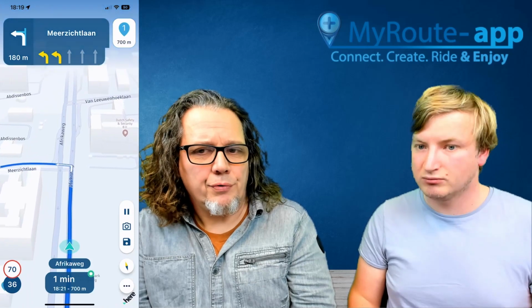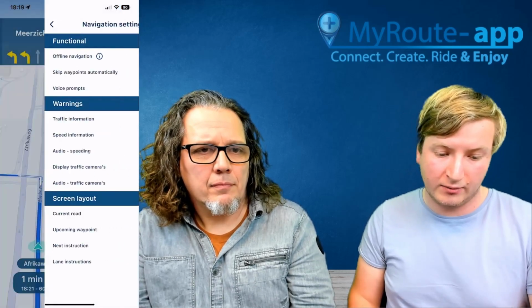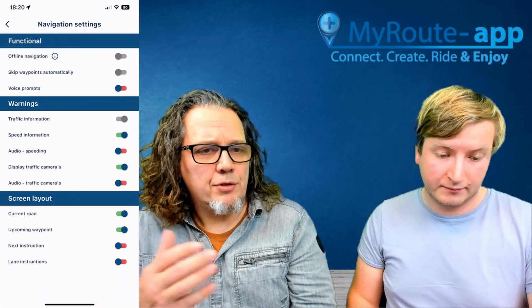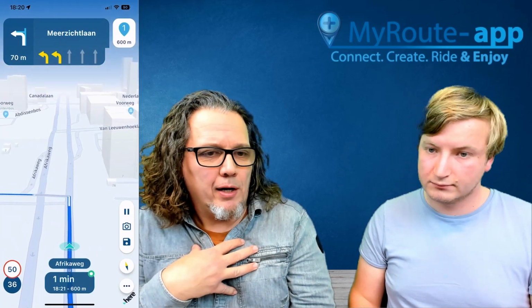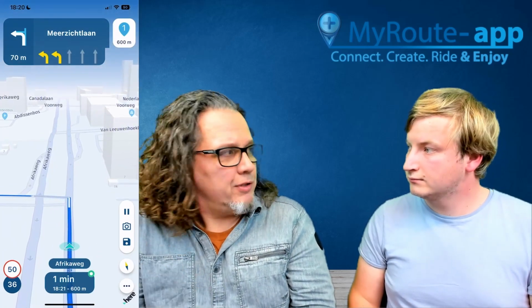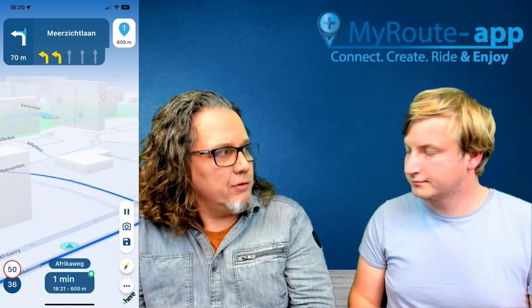Yeah, test all the functionality. Test all the functionality. Just try and play around. Use settings that you probably wouldn't use. If I don't like audio while I'm driving, I'll switch it on to test if it works for me. Exactly. And if I find any issues with it, I can give feedback on it. Exactly. And I also switch it off to see if the toggle works. Exactly. Yeah. So just play around with the app, do fun stuff, and you'll find out that some stuff won't